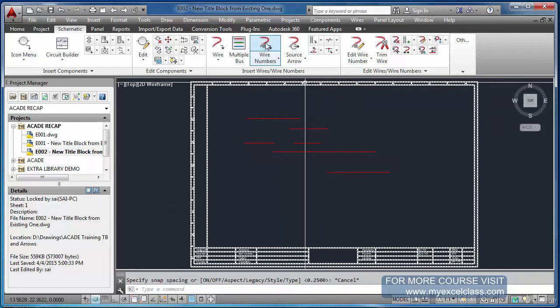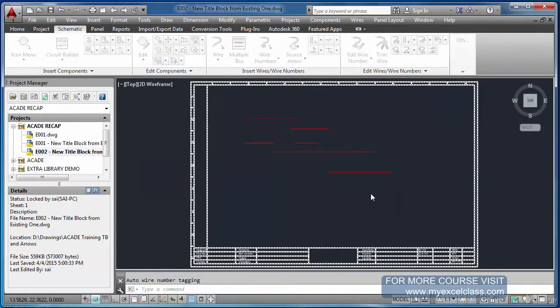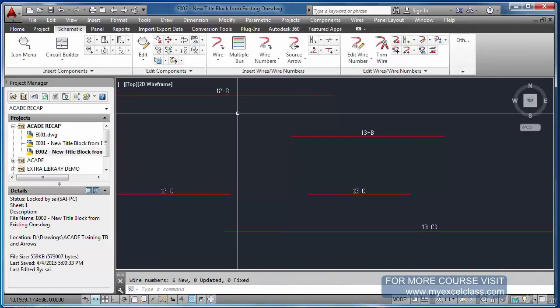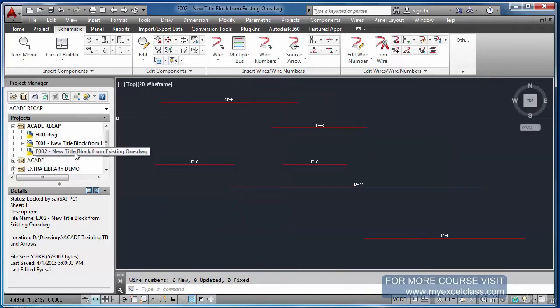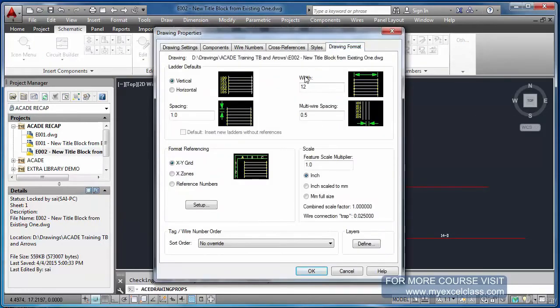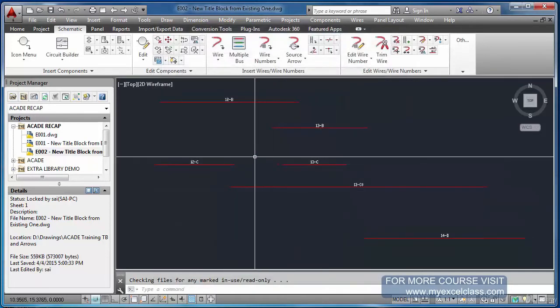Now if I do the wire numbering here, you see it is coming as 12B, 13B, 13C, because our drawing format is now not per reference base. Now it's based on XY grid. So accordingly we have to change the wire numbering format.